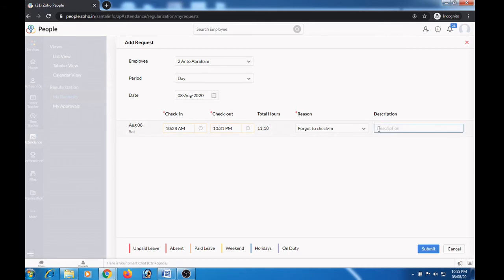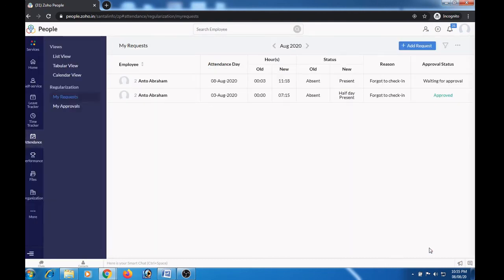Under description he can type any short description, then click the submit button. So here we can see this is a regularization request sent by the employee just now. It's waiting for approval.